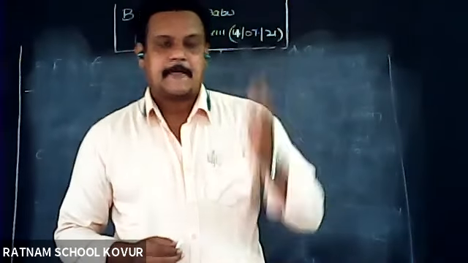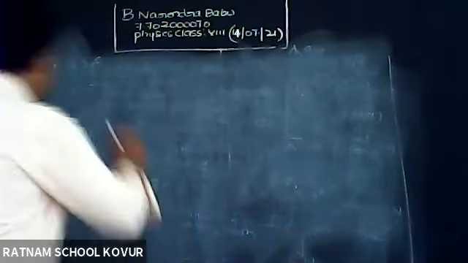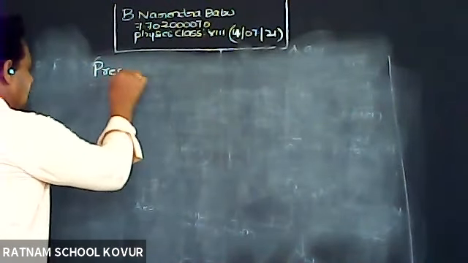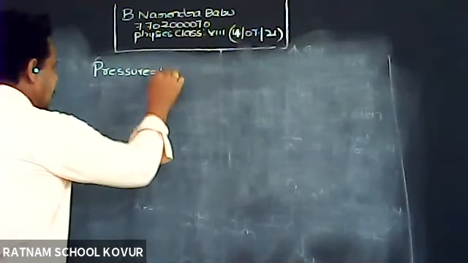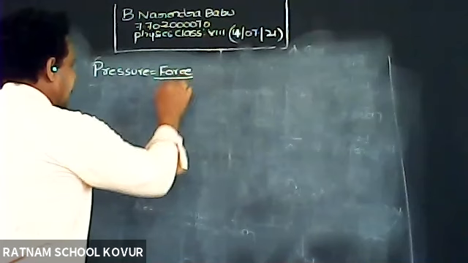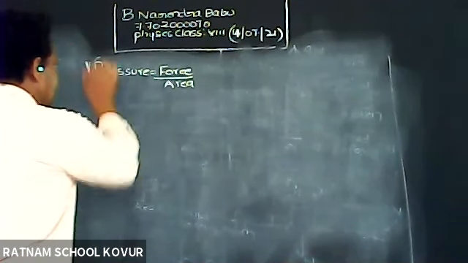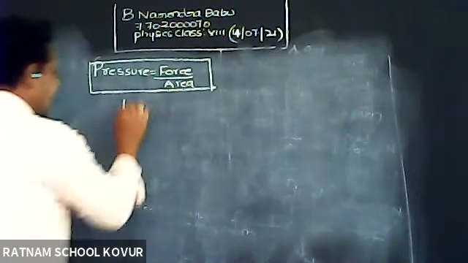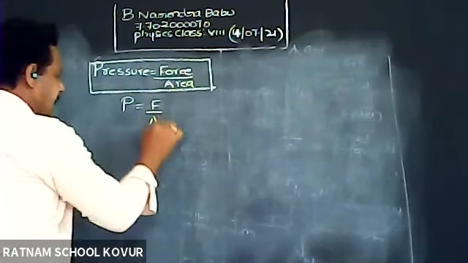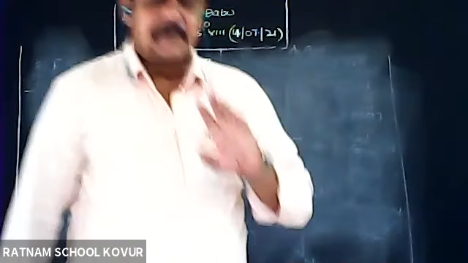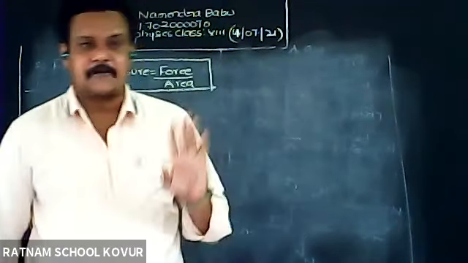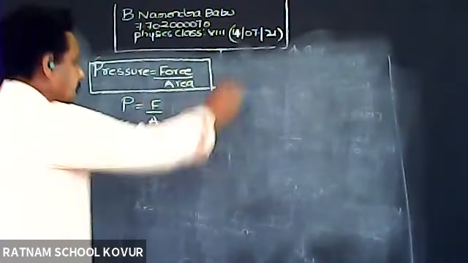Be silent. Okay. Right. So yesterday we have seen the formula for pressure. Pressure is equal to force by area. This is the formula for pressure. We can also write P is equal to F by A. Now we will write the units for pressure. First we will write the units for force. So units of force